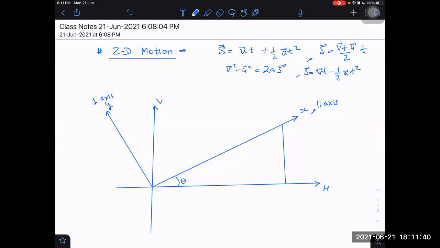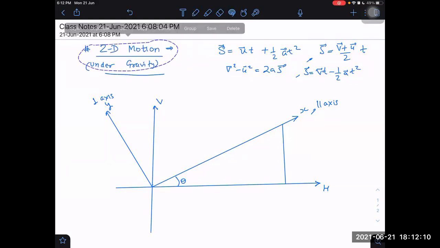What other is there? 1, 2, 3. These are, and other SUVAT formulas. All formulas are applicable. Why should I write again? All those which we have done so far for uniformly accelerated motion are applicable, because we are taking 2D motion under gravity only. For gravity, those formulas will obviously be applicable, right? I will take those examples also where it is 2D motion but not under gravity. Those also will be interesting questions. 2D motion is there but not under gravity. That also can be asked.